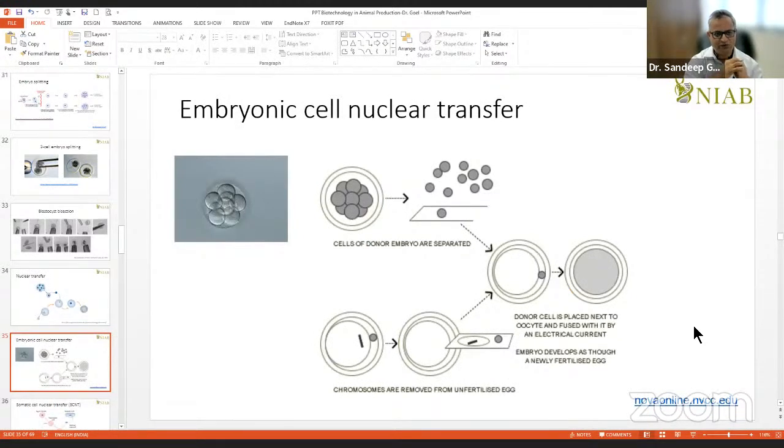The first is embryonic cell nuclear transfer, where you use an embryo, for example, this 8-cell embryo. You remove the nucleus of one of the blastomeres, and you take the oocyte, enucleate the oocyte, remove the entire nucleus of the oocyte and replace it with the nucleus of an embryo. Okay, one single embryo, one single blastomere, and then stimulate it to grow. Embryonic cell nuclear transfer has been very successful because embryonic cells are less epigenetically reprogrammed, so they have an ability to reprogram the entire embryo into